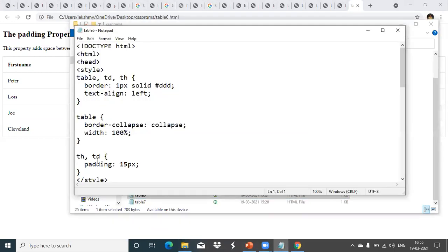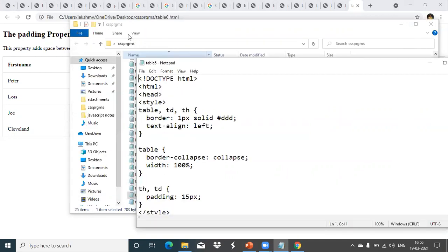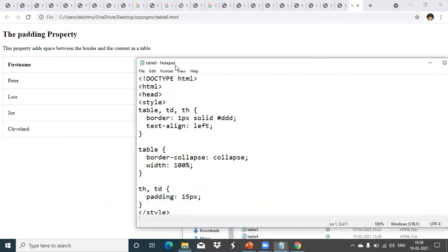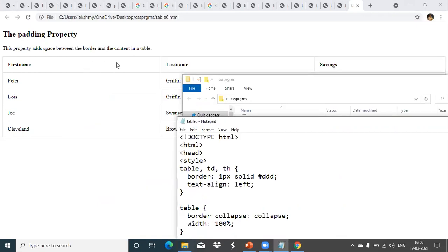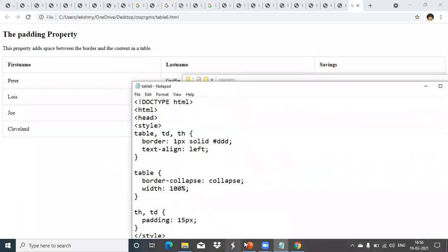See, for table heading and table data, we have done padding of 15 pixels, so the output we got is like this. Okay, so it is now properly arranged. Clear? Any doubt? No.